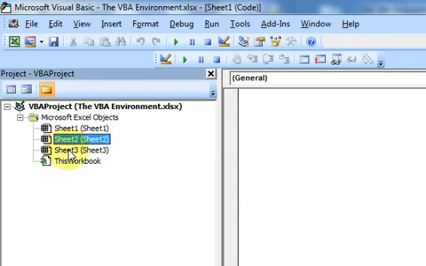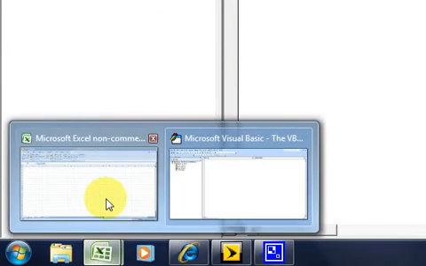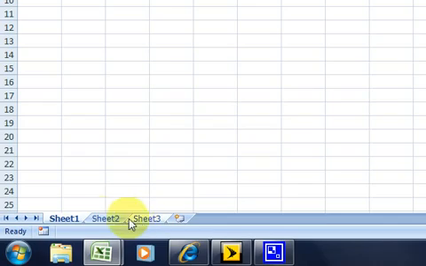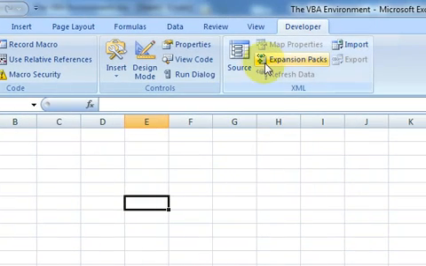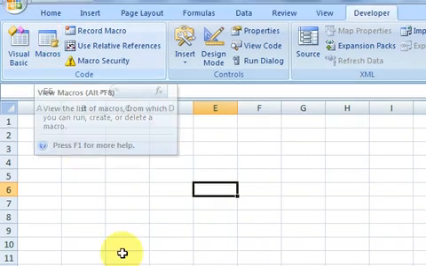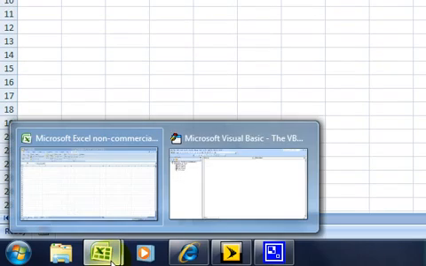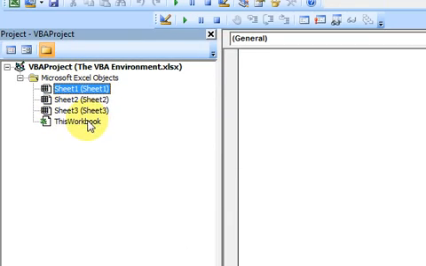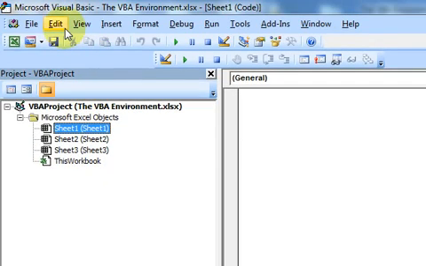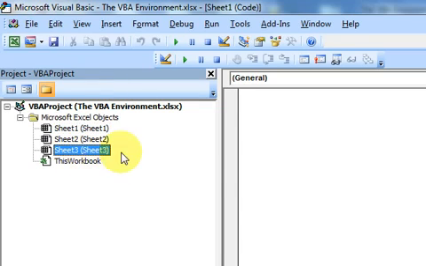Why does it say sheet 1, sheet 2, sheet 3 in this workbook? Well, by default, when you open a Microsoft Excel workbook, you automatically get 3 sheets, and you automatically have a workbook open. So that is why you see 3 sheets here and a workbook. Now if you had more than 3 sheets, you would see 10 sheets here, or 20, however many sheets you have, you're going to see all the sheets here, and if they're different names, you're going to see the name here. And you're always going to have one of this workbook,